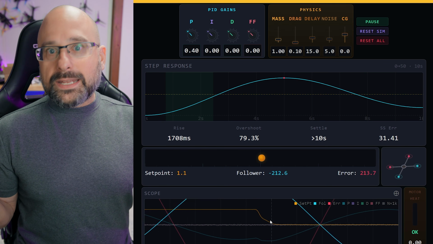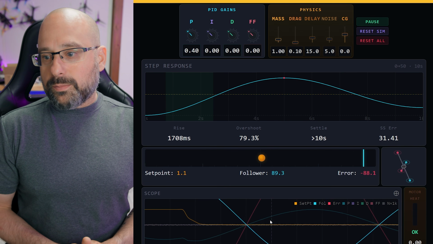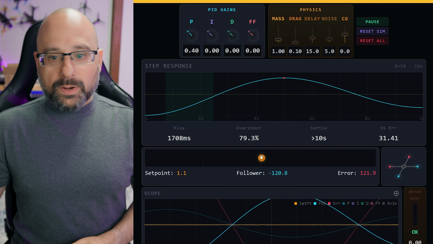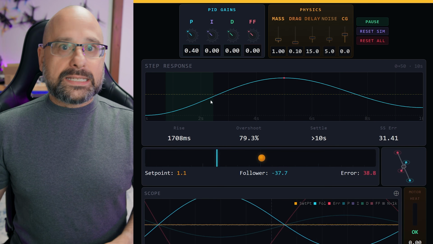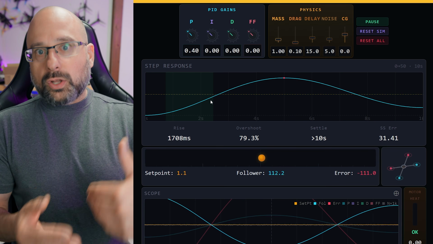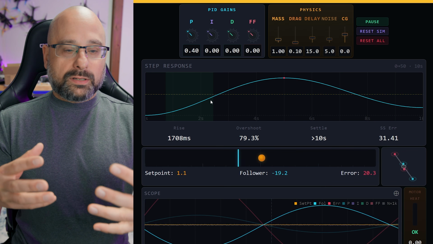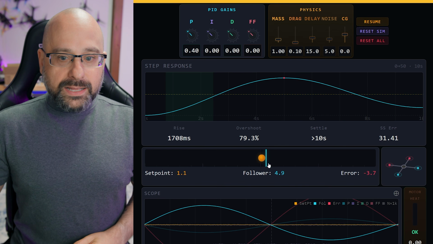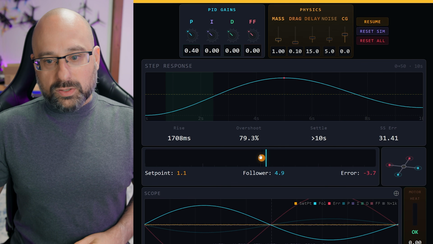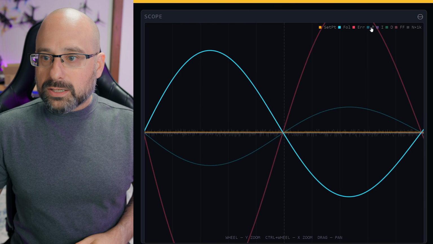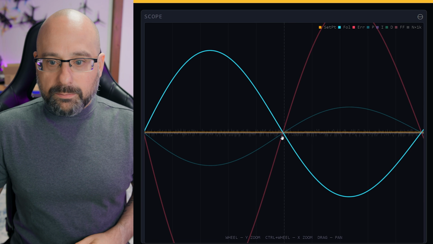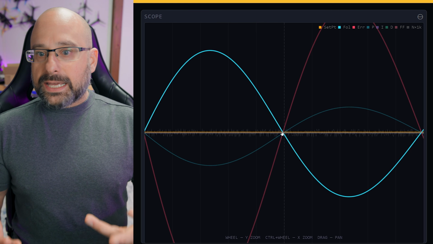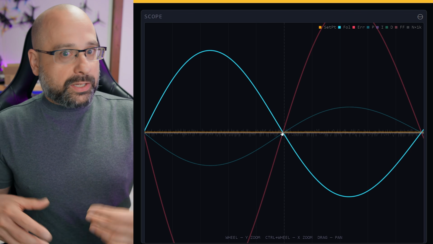Now, we can immediately see that this isn't working like we might like it to work. We can see that the follower is just oscillating back and forth around the set point. And the reason for that is that as it gets closer to the set point, the push decreases. So at the moment, let me just try to hit the pause button here, and right there. At the moment where the follower is right on top of the set point, we can see that the P term here, that's this dark blue line, at that moment, the P term is at 0. But the follower has some velocity already, and so even though we've stopped pushing on it, it overshoots,